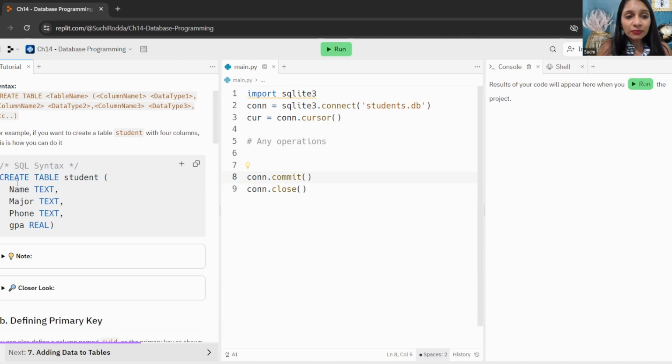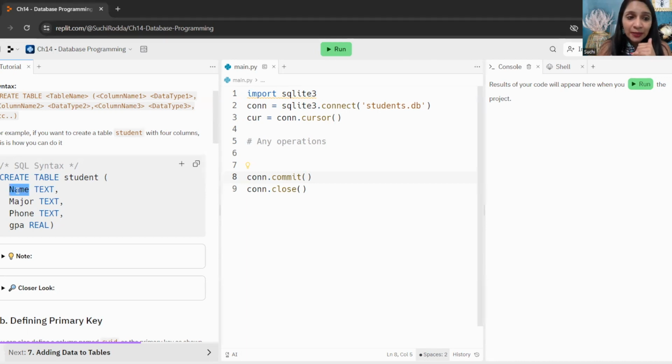But all of these in blue are inbuilt SQL commands. So you cannot create a table named table because that's already used up as a reserved word in SQL. So I'm creating a table named student, and I open parentheses, and however many columns I have to specify